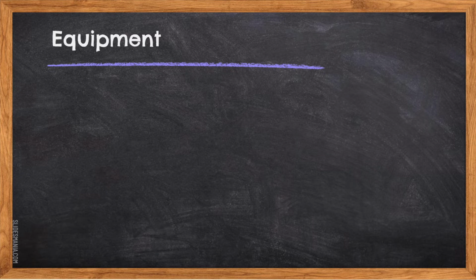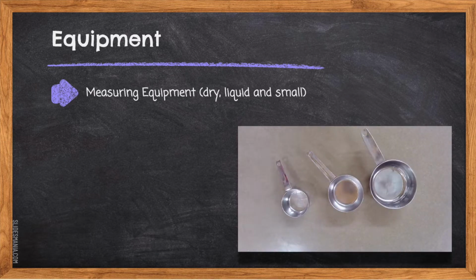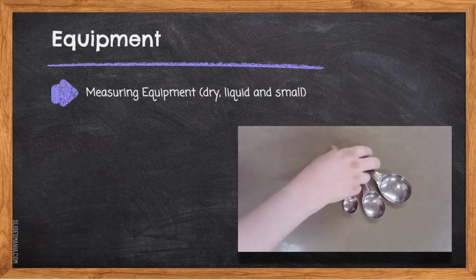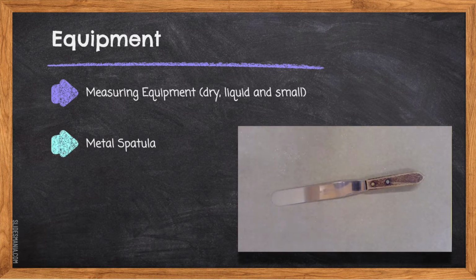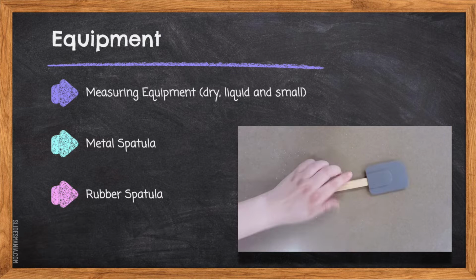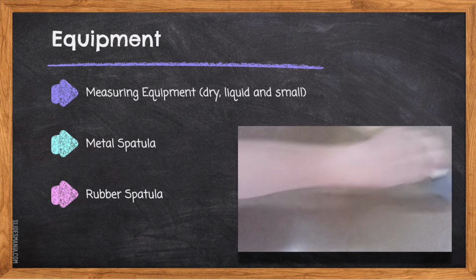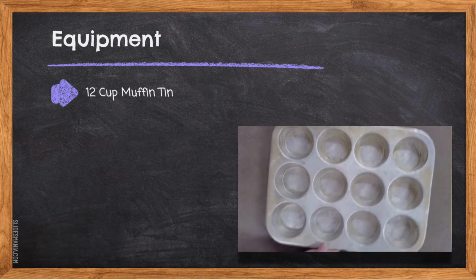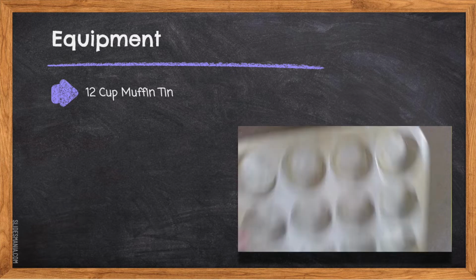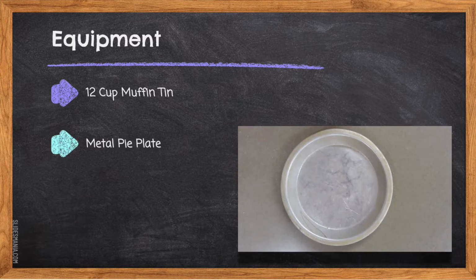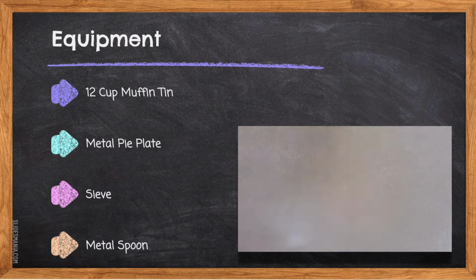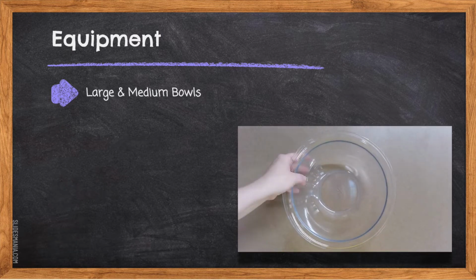Equipment. For this recipe, you will need measuring equipment, including dry measures, a liquid measure, and small measures. Metal spatula, rubber spatula, custard cups, 12-cup muffin tin, metal pie plate, a sieve, a metal spoon, large and medium mixing bowls,